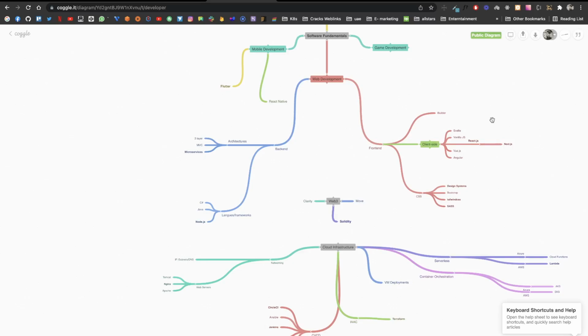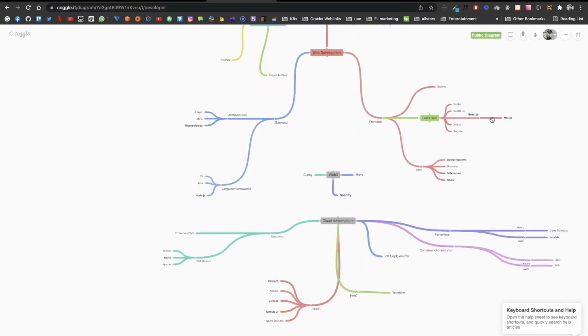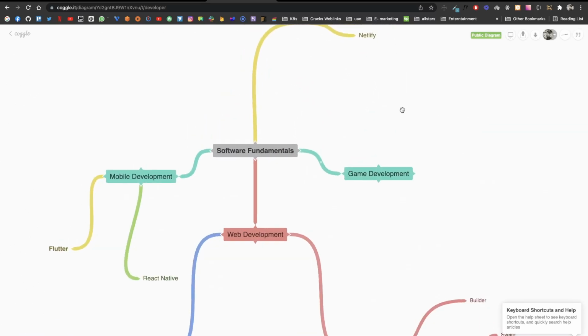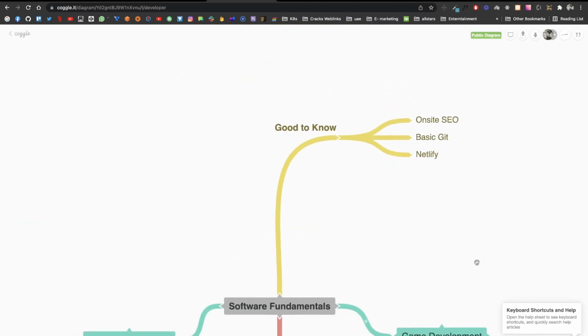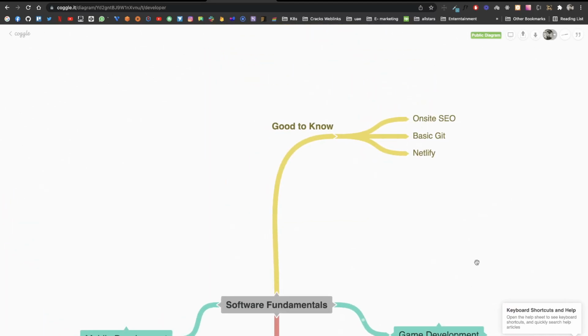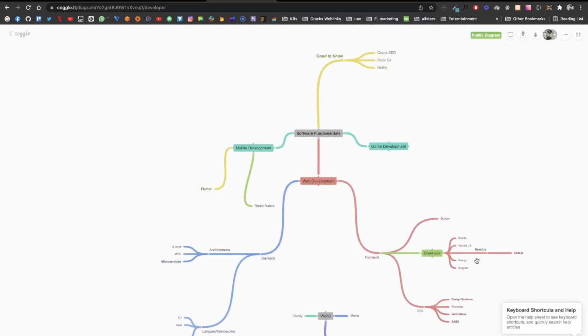I'm going to teach you more about software development, not just in terms of coding, but in terms of how you use agile project management, how you use workflow tools to make your work easier, and how to solve different types of errors that you're going to find. We're also going to explore some basic SEO along with Git and Netlify for very fast deployment on the edge.